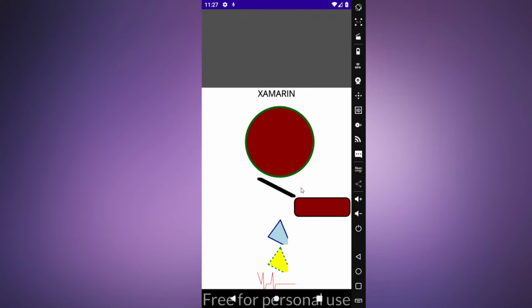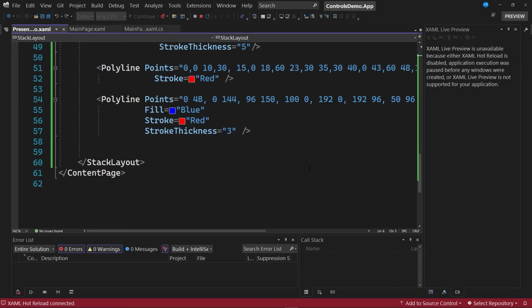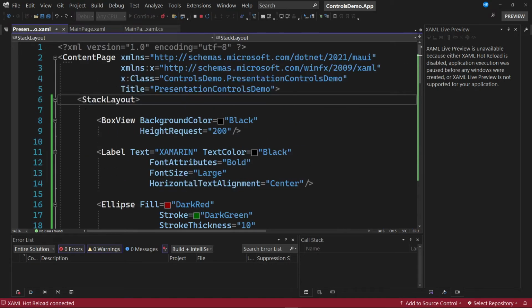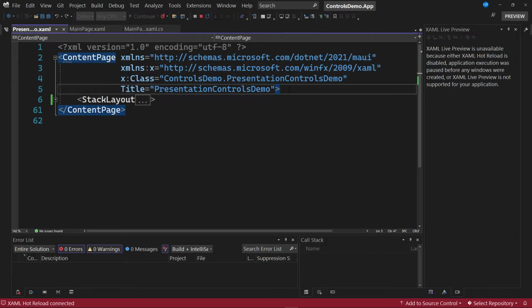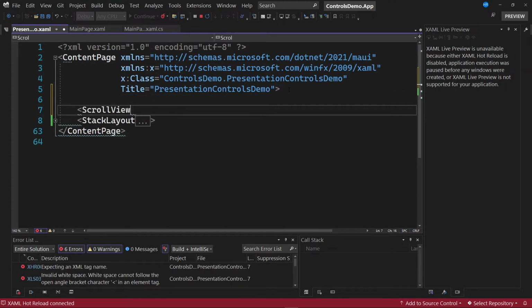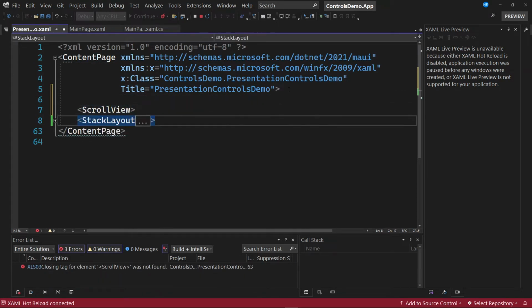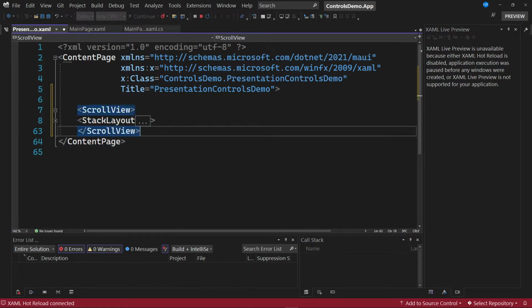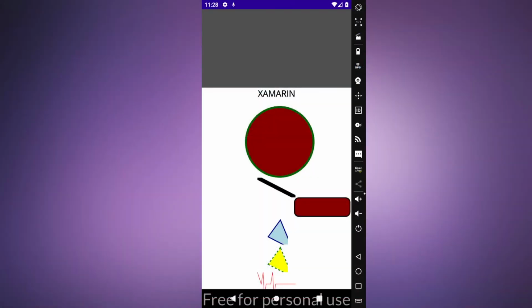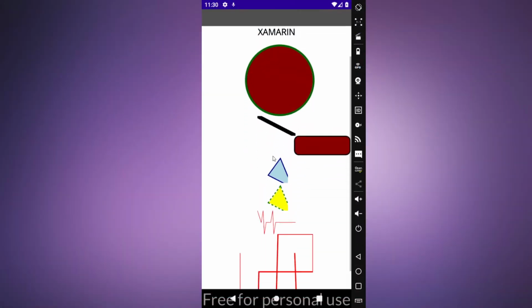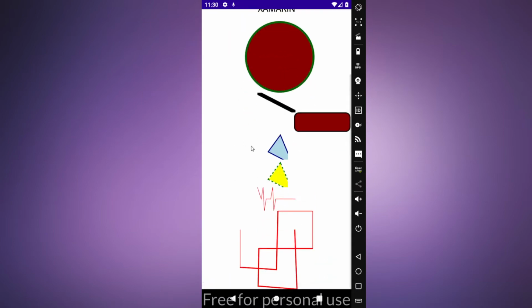There is a way to add a scroll bar in a simple way. What we're going to do is group this stack layout inside a view called scroll view. We are going to close the tag, and place the stack layout just inside this scroll view element. With this, we save the changes, return to the emulator, and in this way we can scroll the page to the top, and now we can see the polyline type figure that we have drawn